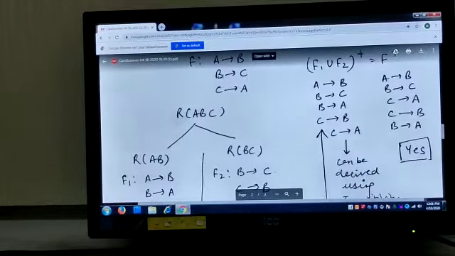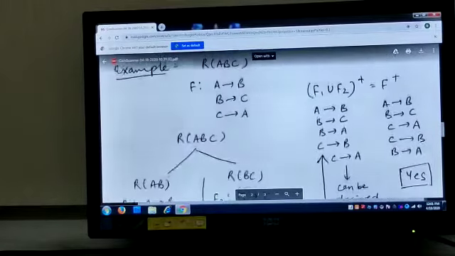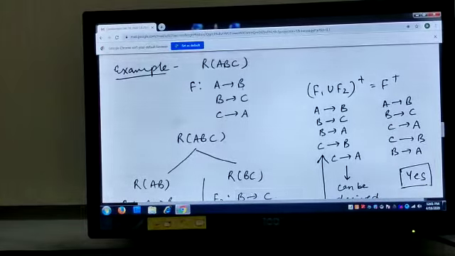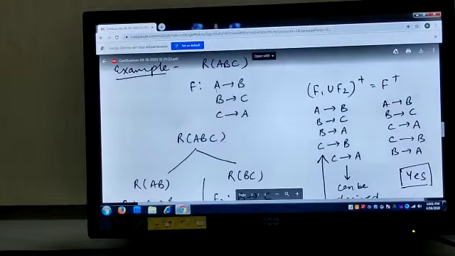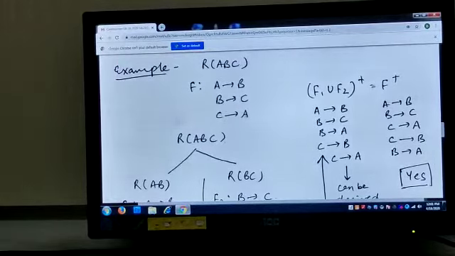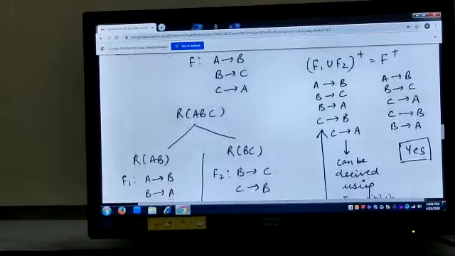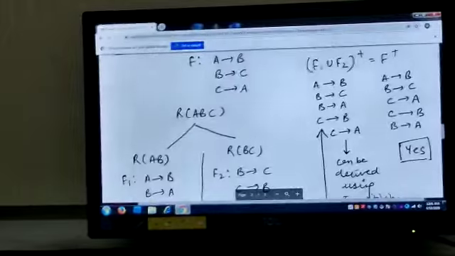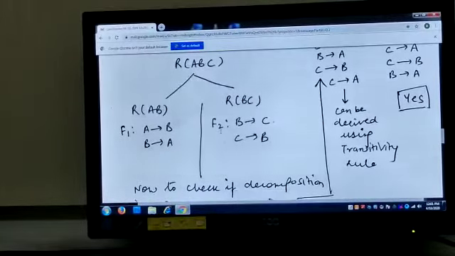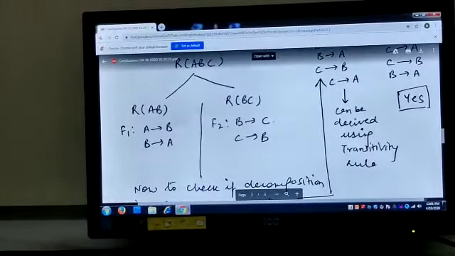What I can conclude is from C to A and A to B. A is dependent on C and B is dependent on A. Using the first and the third functional dependency, again applying the transitivity rule, I can conclude that B is dependent on C, right? So I am having B is dependent on C. So these are the functional dependencies that I can have in these two different relations, R1 and R2.